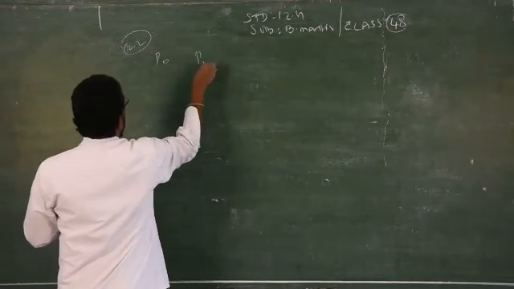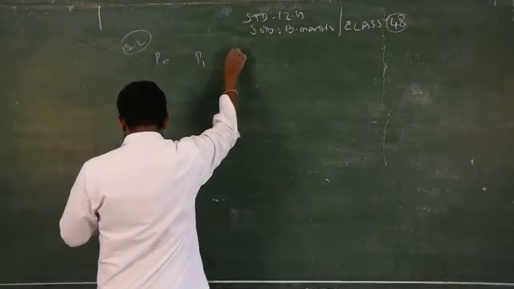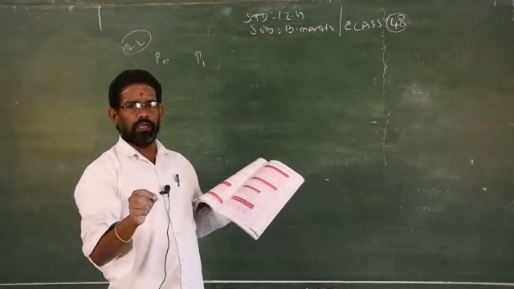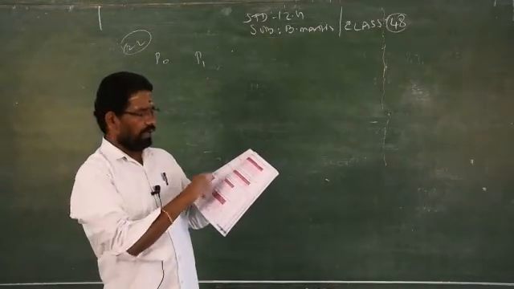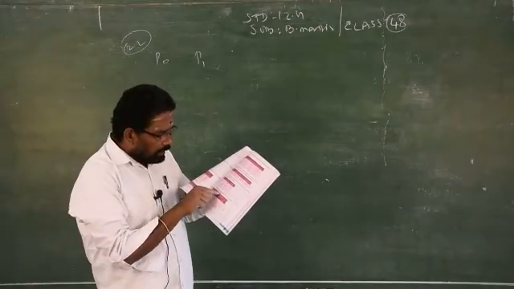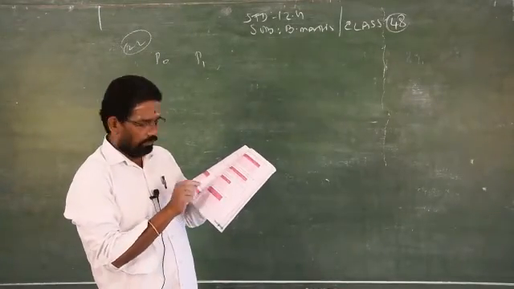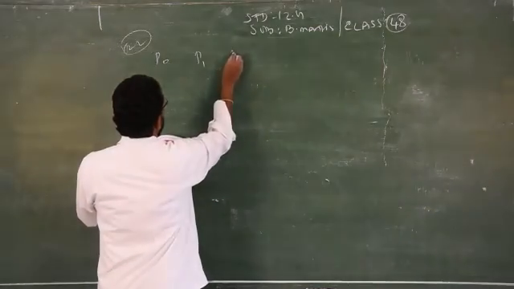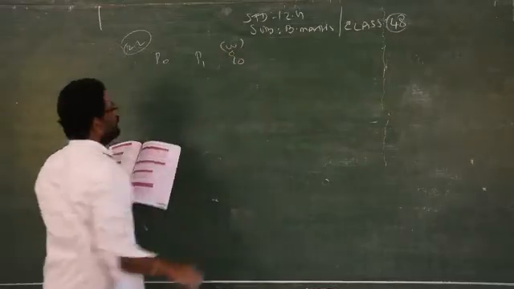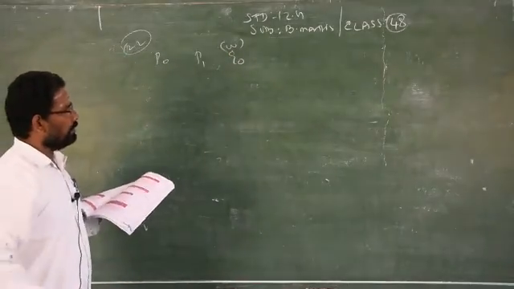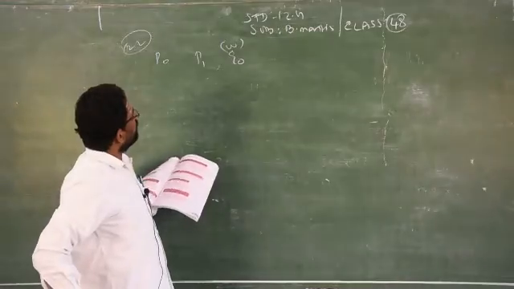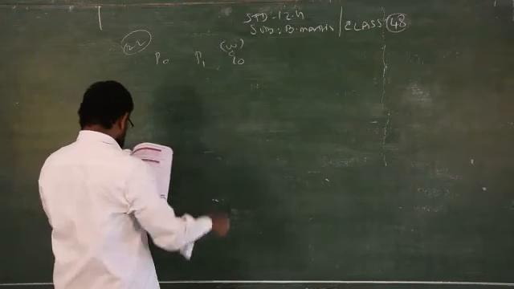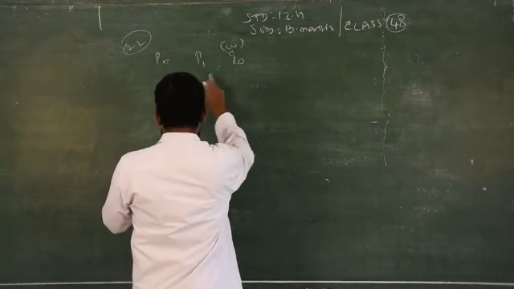So P0, P1, it is given weight. But the weight is given, just now I said, when weight is given, you have to take the CLI formula, family budget method. But they are asked to find out the aggregate expenditure method. When weight is given, if you are asked to find the aggregate method, you can consider the weight as what? Q naught. You consider weight as Q naught. When the method is not mentioned, you can use family budget method. But here they mentioned the aggregate expenditure method. In such cases, even if weight is given, consider it as Q naught. Clear?